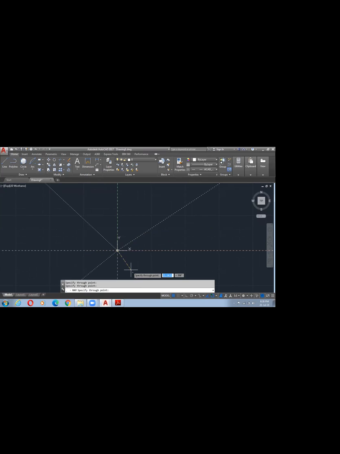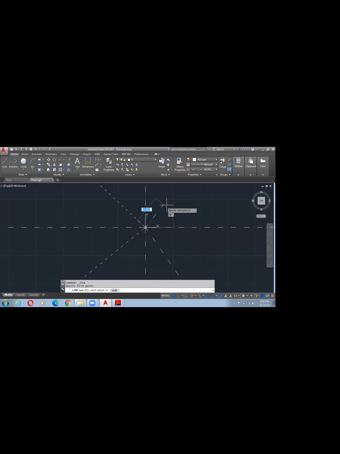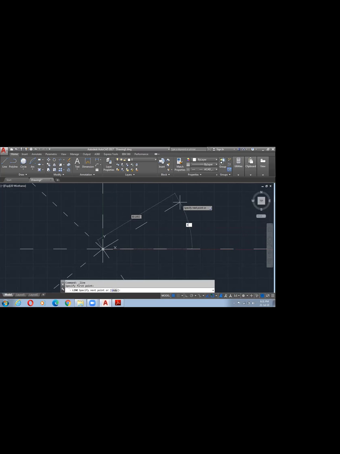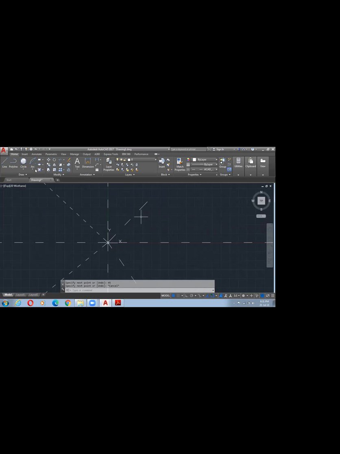Okay. If you need anything at a proper 45 degrees, it's better to make and provide a reference. Enter, escape, make a reference, and now let us continue with ray.